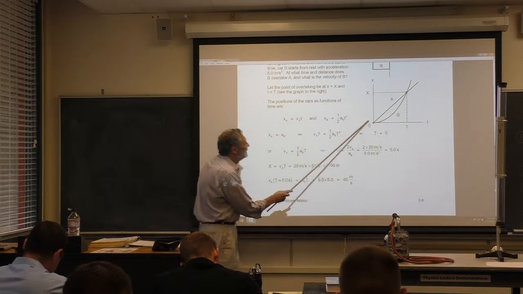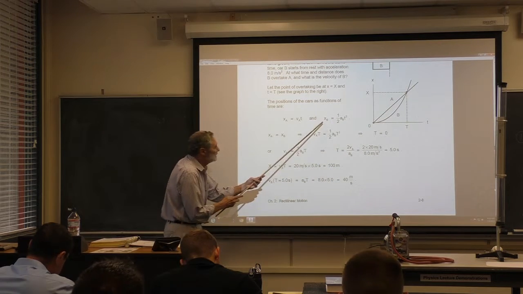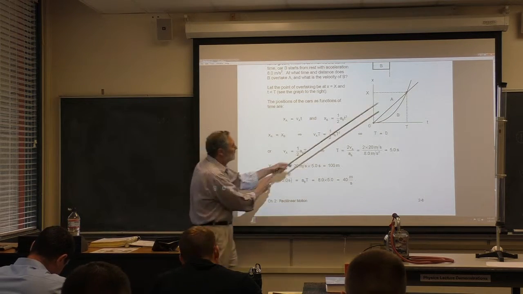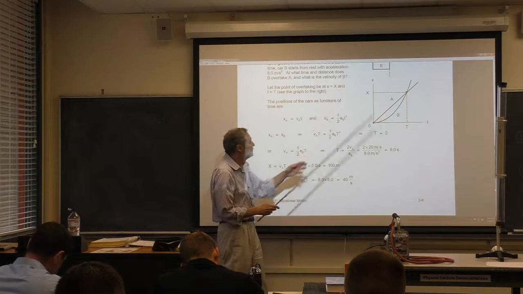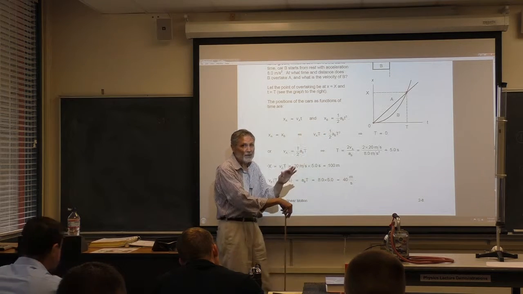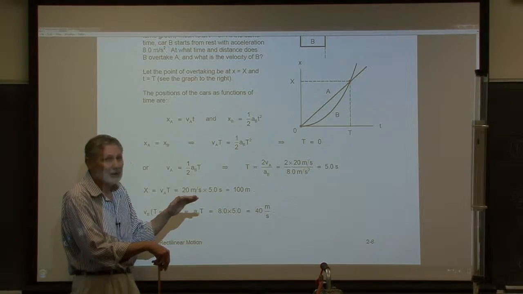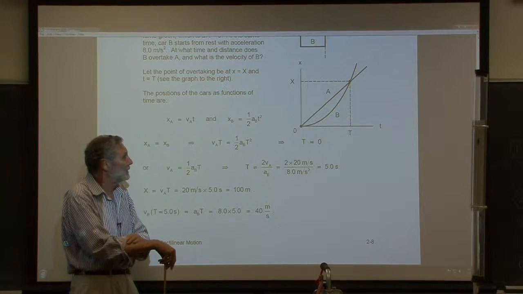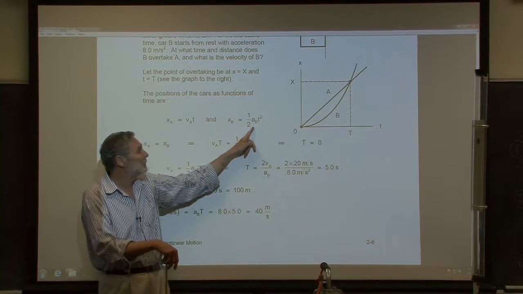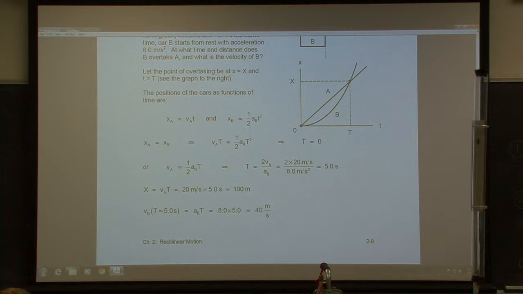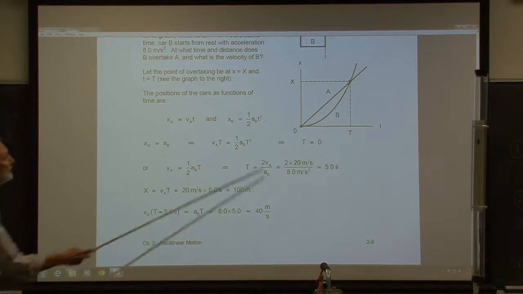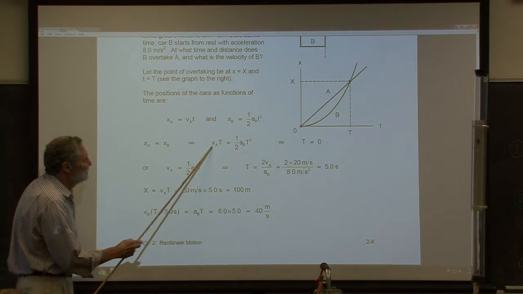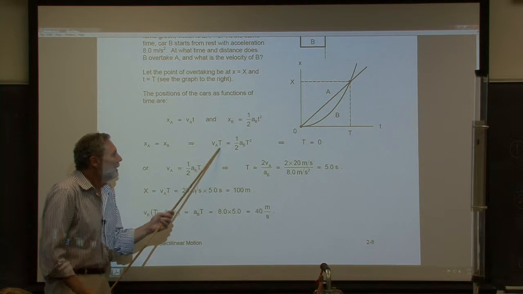What do we know about this? Well, we just talked about that. This is going to be the upright parabola of zero slope. From that equation I just showed you, we specialize to the case of zero initial velocity, starting at the origin at zero, and we get just that one term. And now we set them equal. This is the equation that we get. And now,